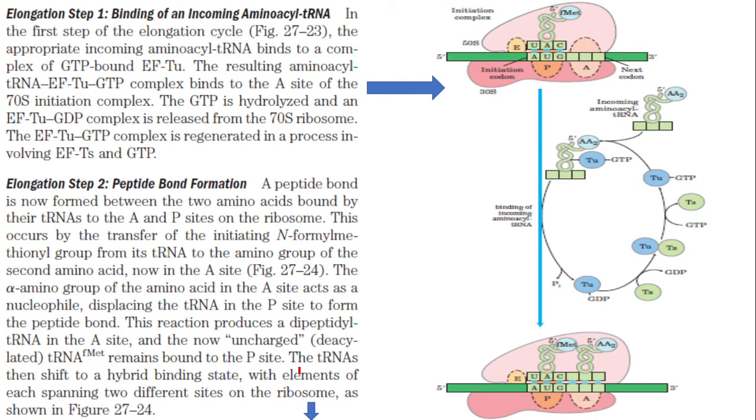Continuing with the picture, elongation. Then an incoming amino acid tRNA is coming there. A new amino acid tRNA is coming there. It is binding at the A site. Already the P site is occupied by tRNA carrying methionine. The second amino acid is brought there by the second tRNA. That tRNA is occupying the A site. Now the two amino acids are near to each other. If the second tRNA's anticodon is matching with the codon, that means the second amino acid is the correct one at that position.